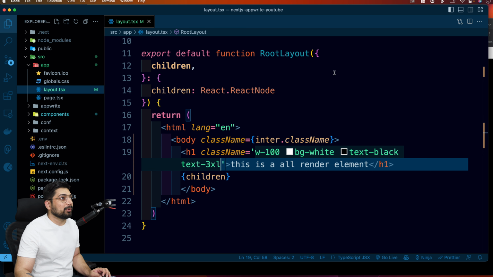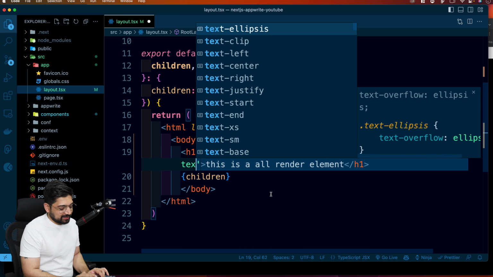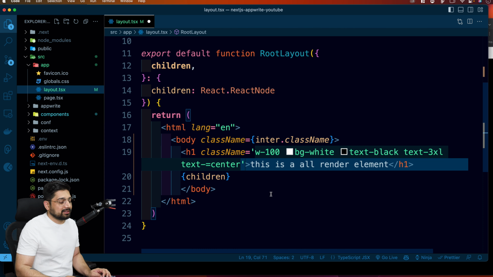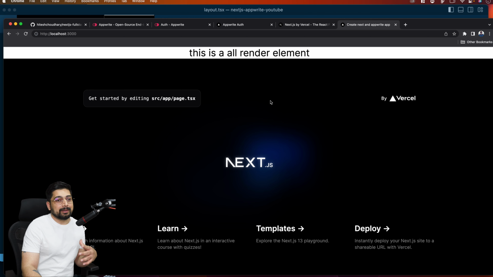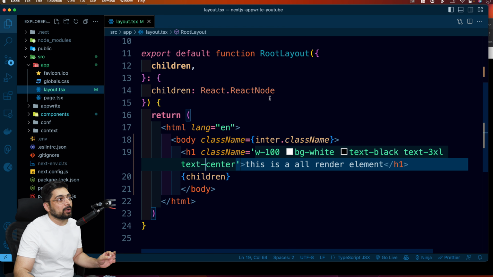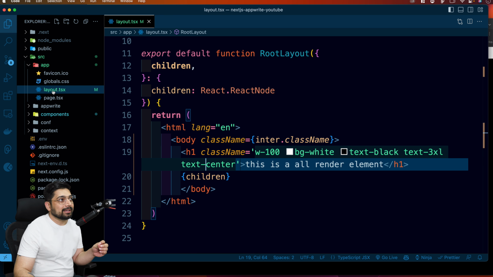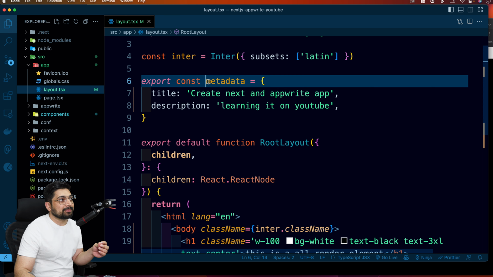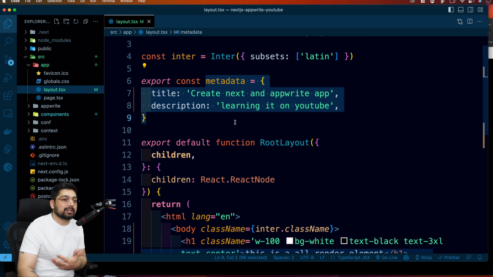actually try something more fun in case you are enjoying these classes. So text-center, if I can write that properly, text-center. So this is a render element. Now, no matter what page you go to, this element will be present in every single page. And that's the whole idea behind having this layout. Now, if you amend anything, notice here, since we are injecting this, the metadata will be presented in every single